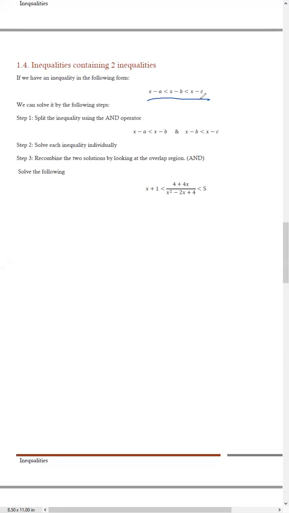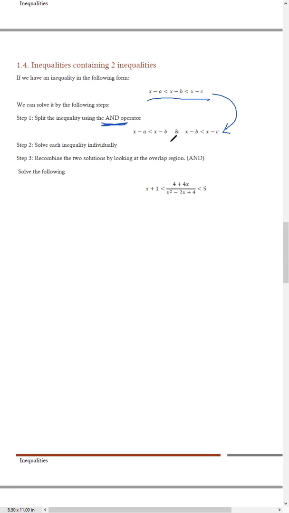I've written the steps over here. Number one, split the inequality using the AND operator. I need to re-emphasize again that this is the first time in the whole notes that we are seeing the word AND. So what is AND used for? AND basically signals an overlap. All right, so if I break this up,